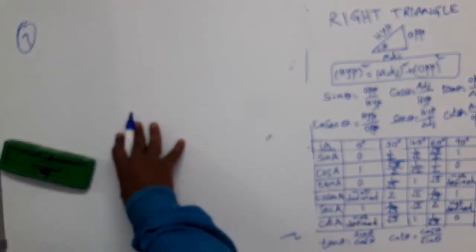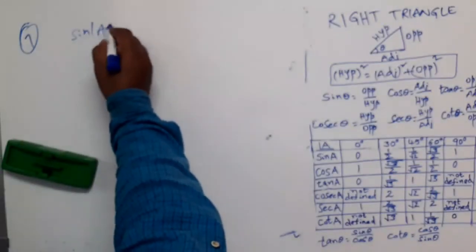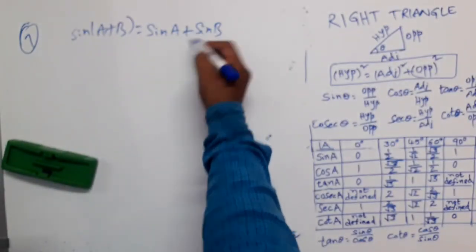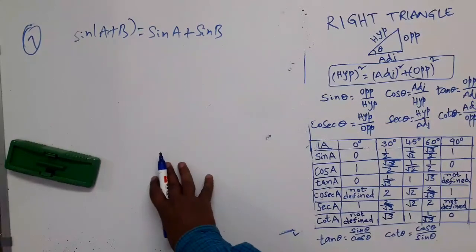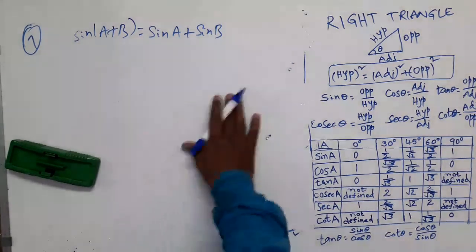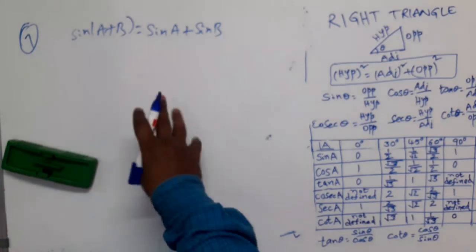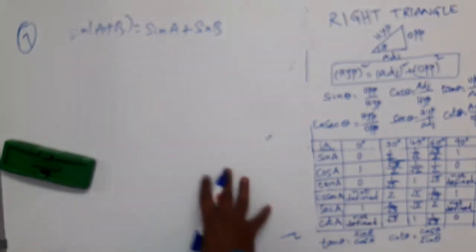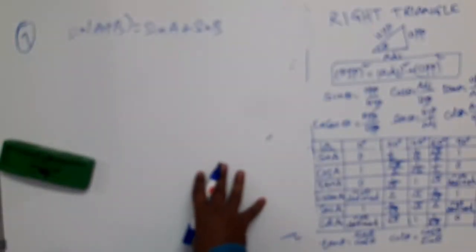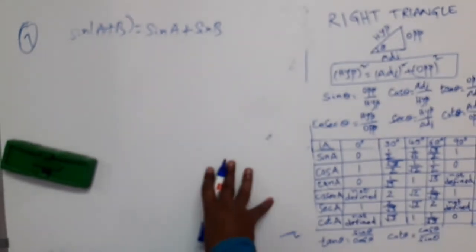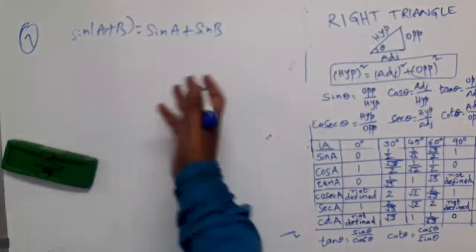Is it right to say that sine of A plus B is equal to sine A plus sine B? Justify your answer. See, he is giving you an equation, sine of A plus B, an identity. Can I call this identity true? That's what he is asking you. See, A and B are unknowns, right? Of course, in this context, we have observed that they are angles. Sine is a ratio in a right angle triangle. So, for this equation to be an identity for any value of angles A and B, this equation should hold good.